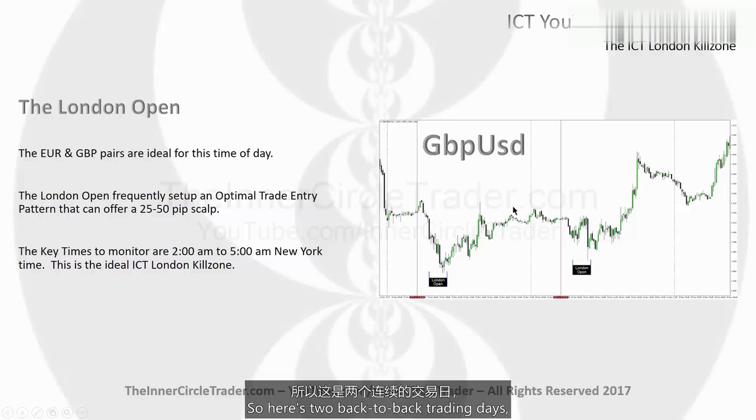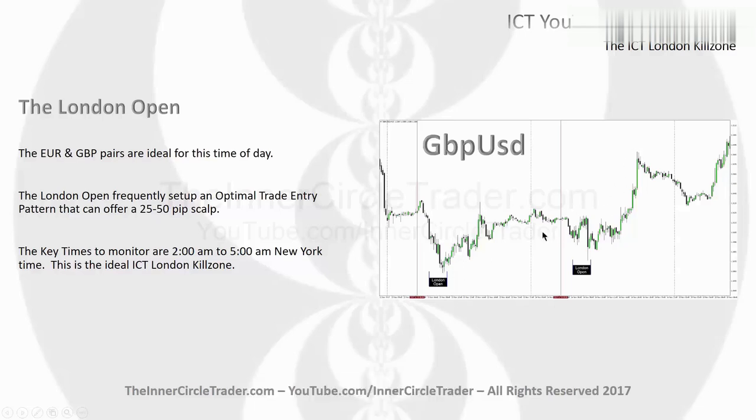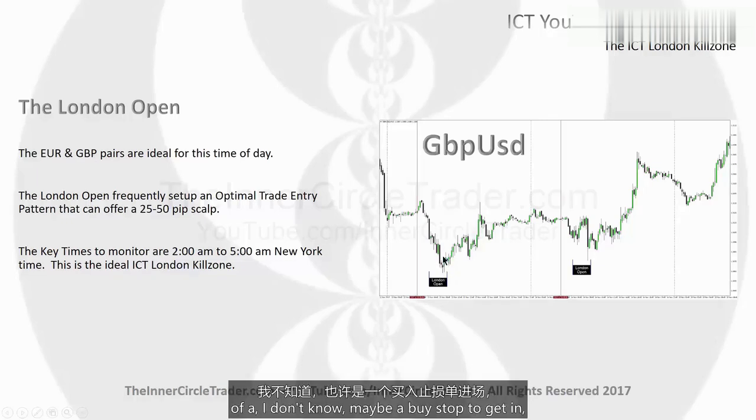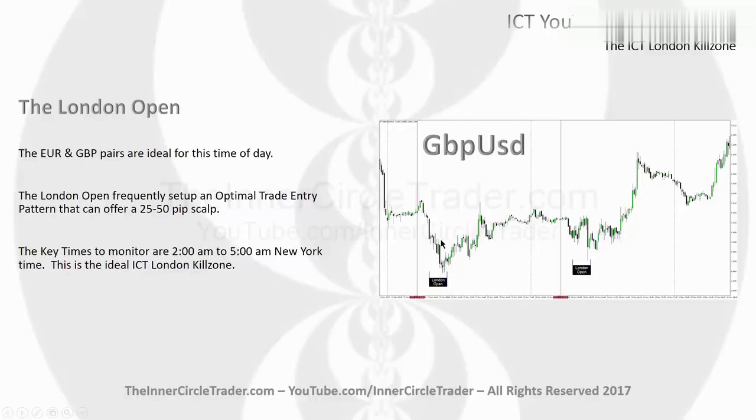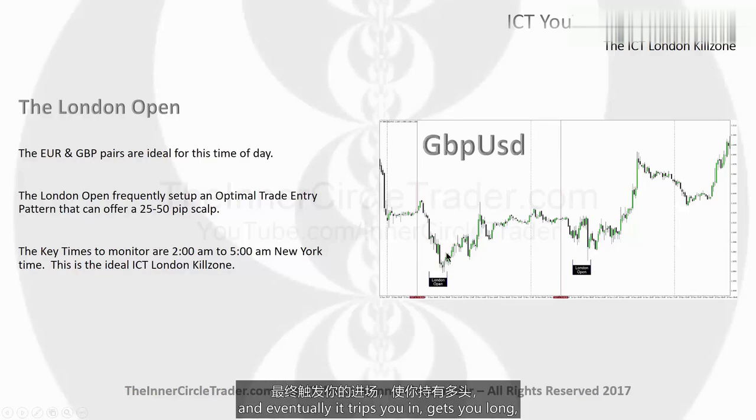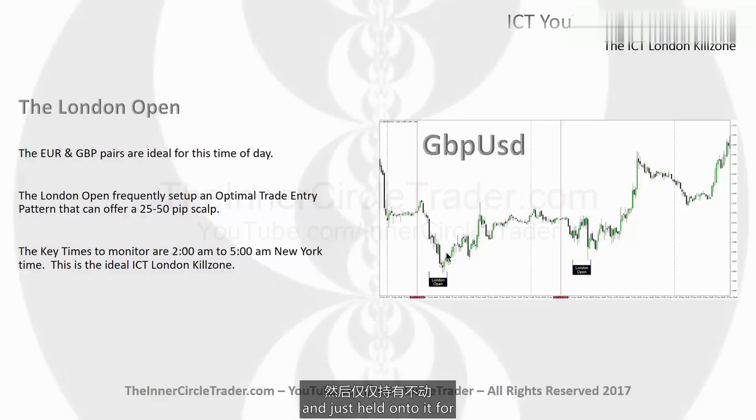So here's 2 back-to-back trading days. Okay, if you could have taken a long, not even at the low, say you use, I don't know, maybe a buy stop to get in. If you trail a buy stop above these individual candle highs and eventually it trips you in, gets you long, and you held on to it for 30, 40 pips each trading day, it adds up quickly, folks. Same thing here. Market creating a low,